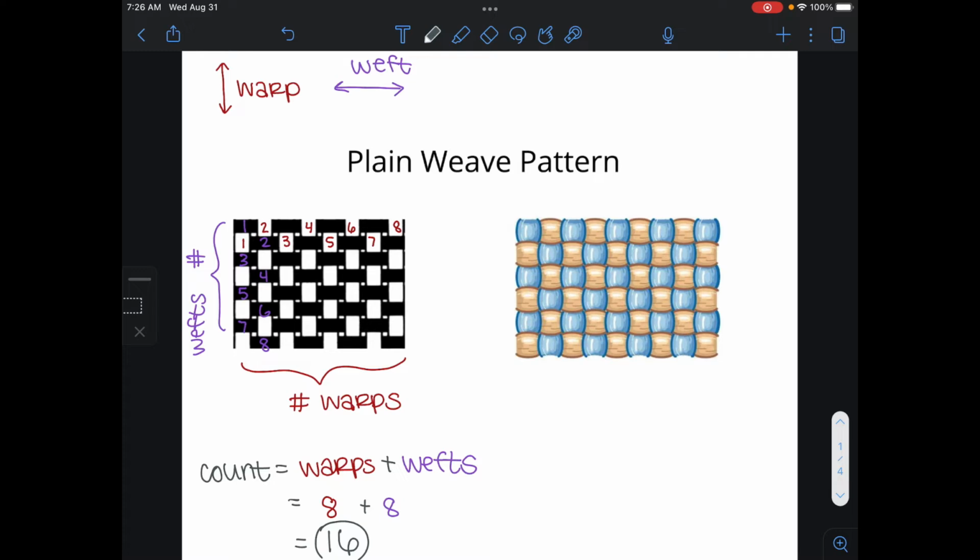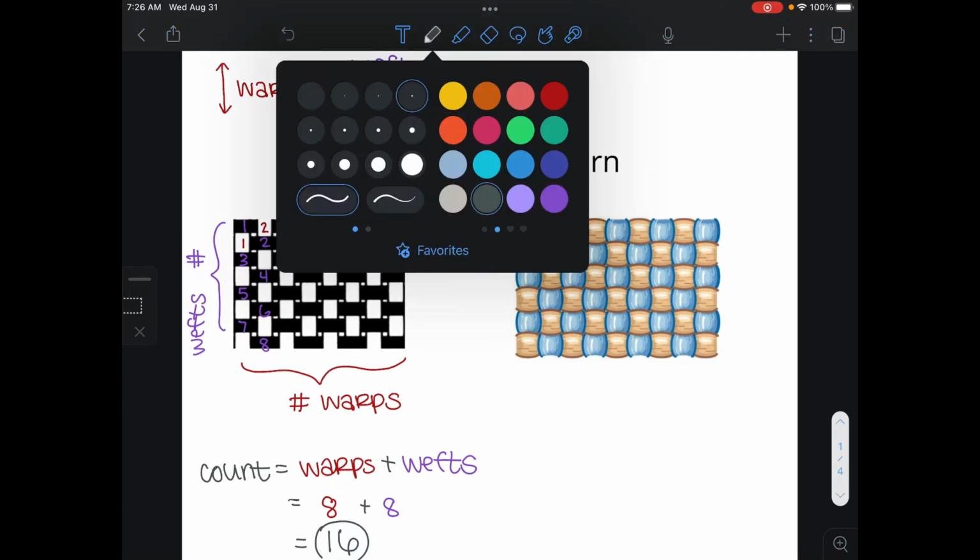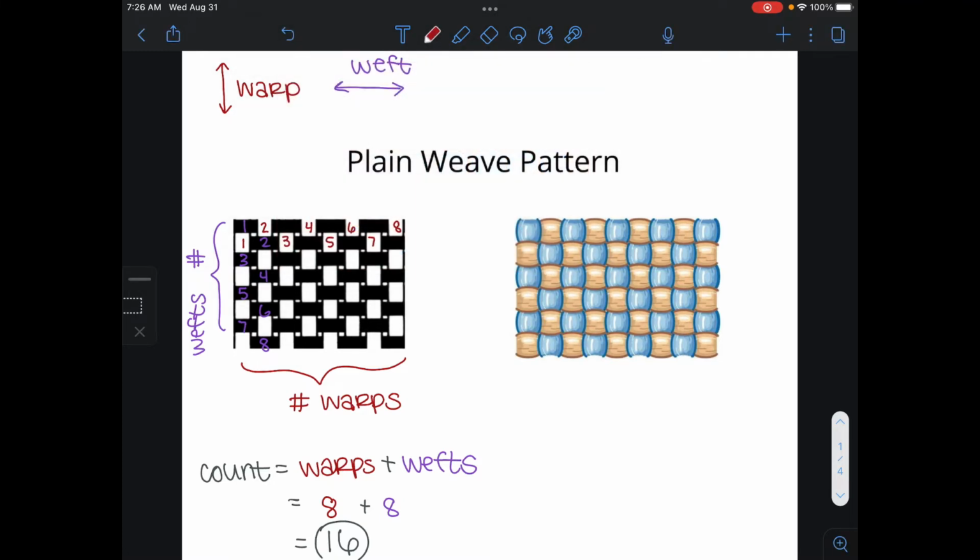Let's go ahead and do the blue and brown one to the side, counting our warps first. Warps are the ones that go up and down. So let's count in a zigzag pattern. 1, 2, 3, 4, 5, 6, 7, 8, 9. So we've got 9 warps